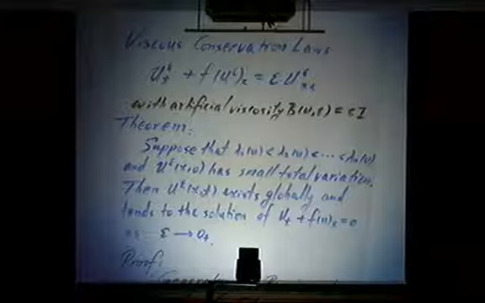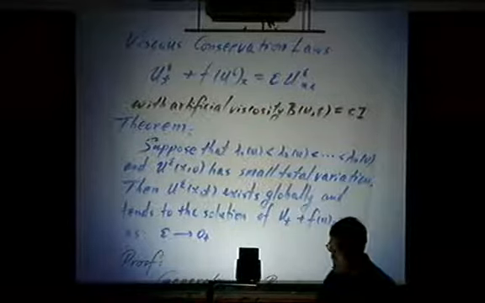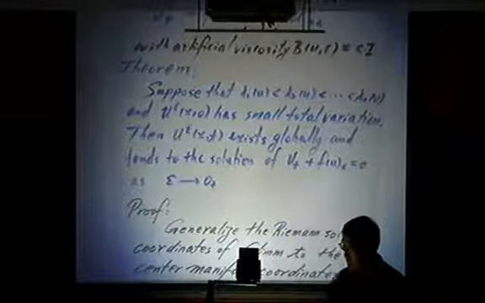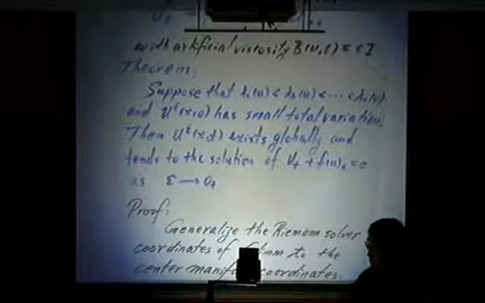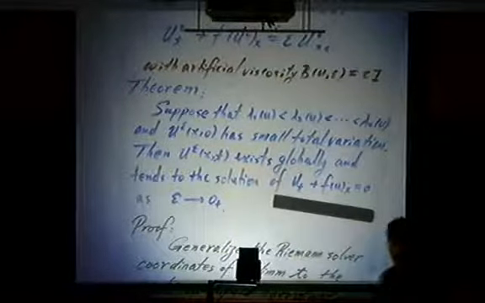That's the equation there. But I have looked at the artificial viscosity. So previously, in place of epsilon, I should have B(U) epsilon inside the derivative. For this problem, there's a remarkable theorem which says that if you let this epsilon, which is the strength of viscosity, go to 0, then the solution will go to the solution of the hyperbolic conservation law.